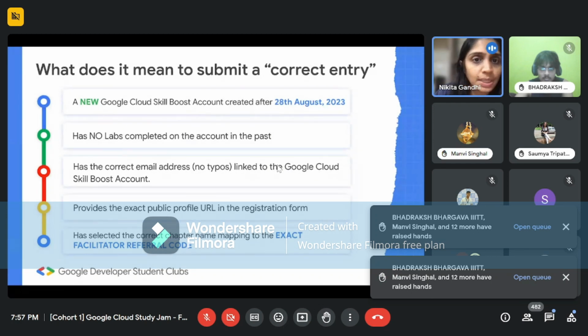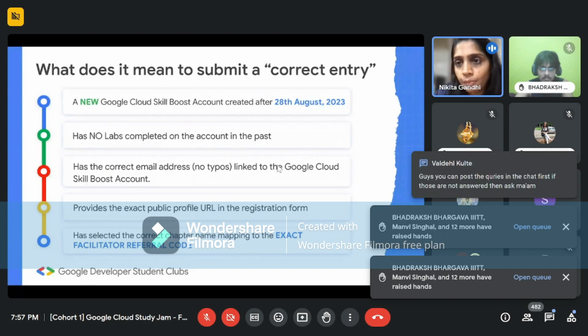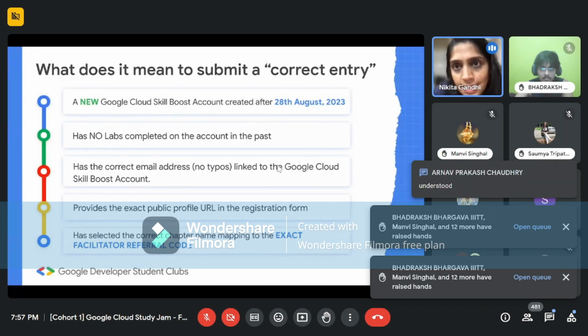Which means that if Rian is from MIT College, Pune, make sure that the facilitator code that Rian is assigned also maps to the college name. That is an important thing to remember.